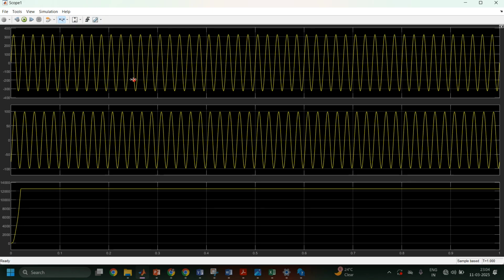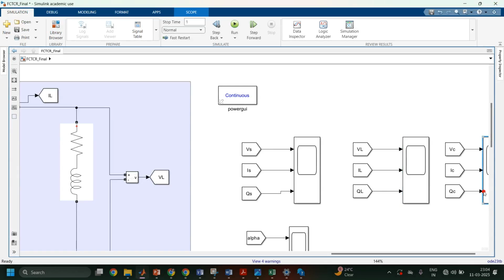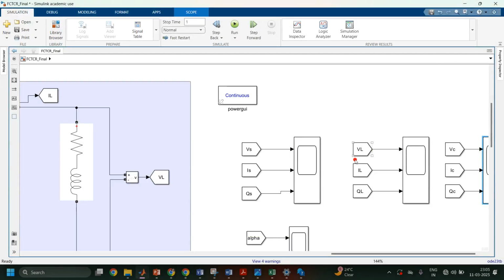So you can see here it's 12,500 reactive power. So the required amount of reactive power is at the load side, and the compensator will provide the required current. And see, the total 12,500 reactive power is supplied, minus 12,500 is supplied, by the FC-TCR scheme. So now